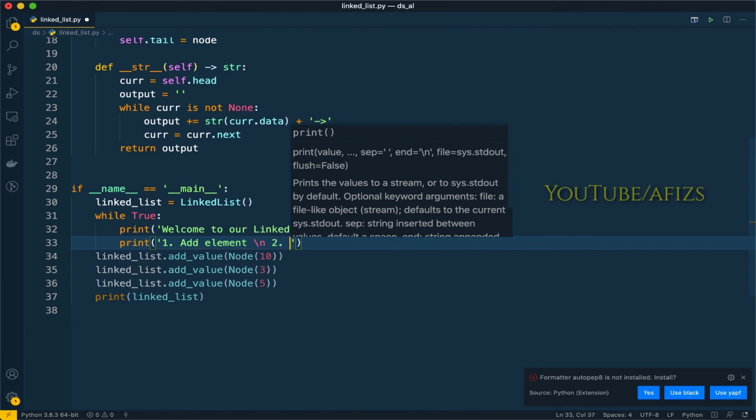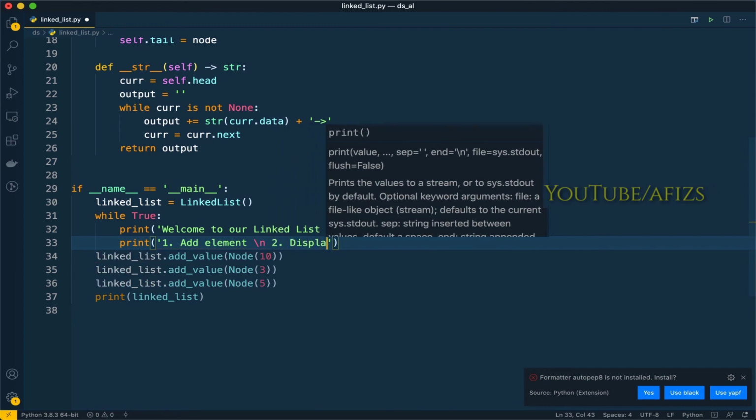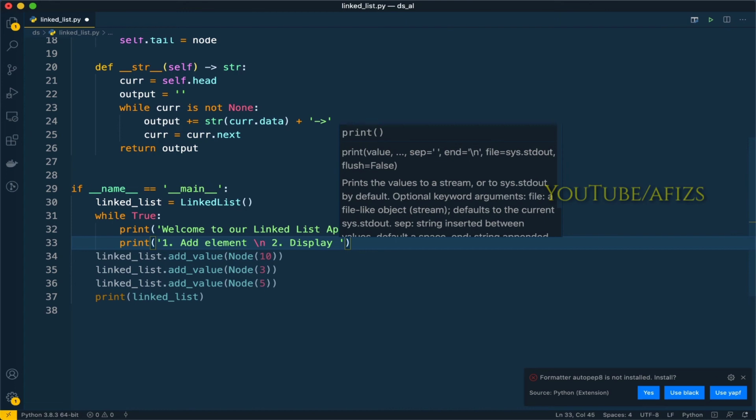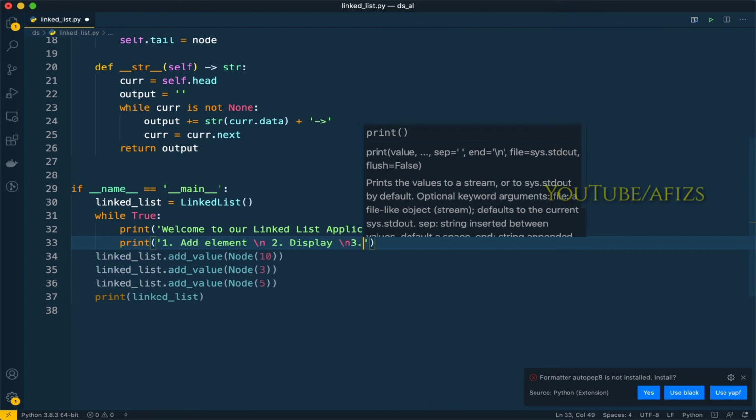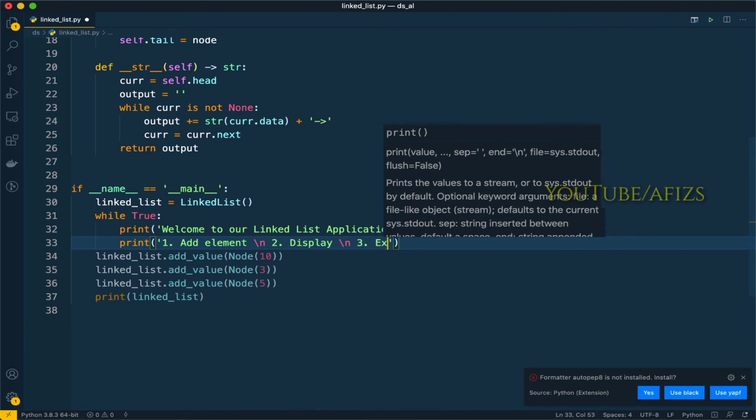Let's do display, it means I want to display my entire linked list, and finally we can have exit for 3.